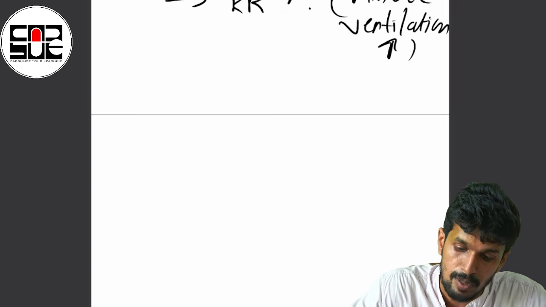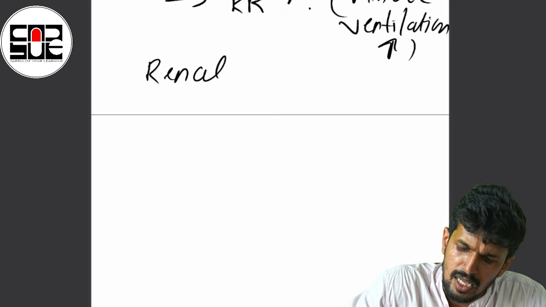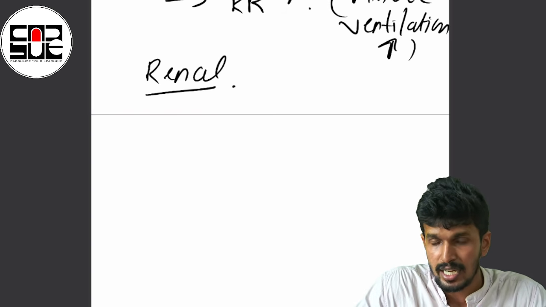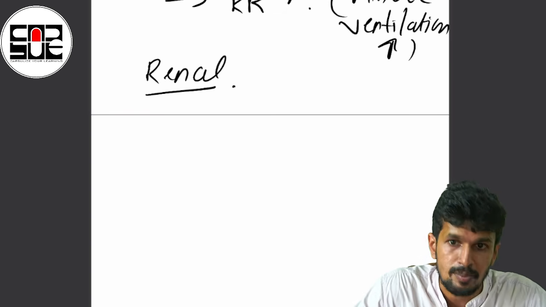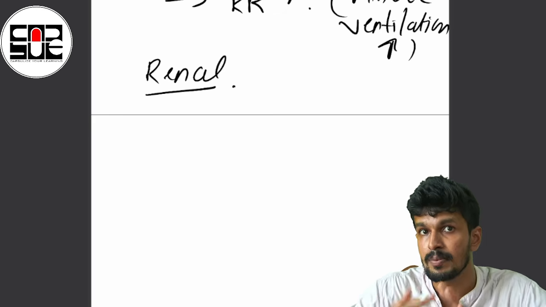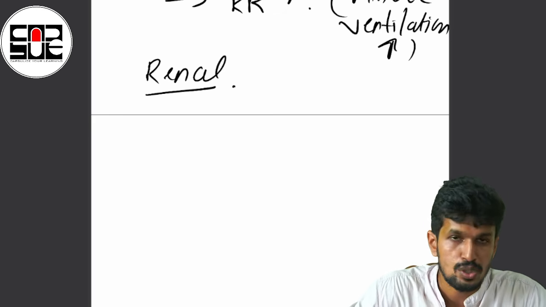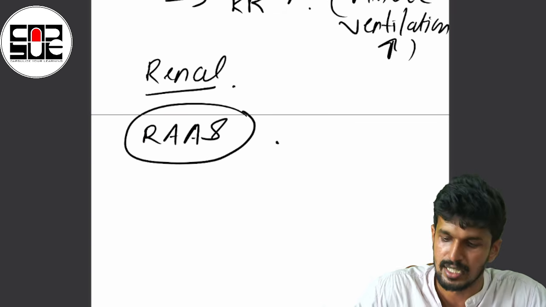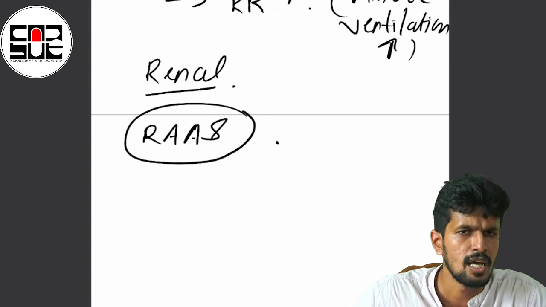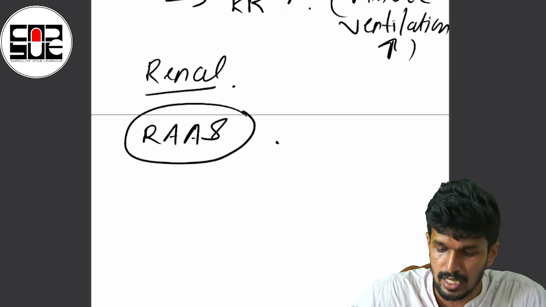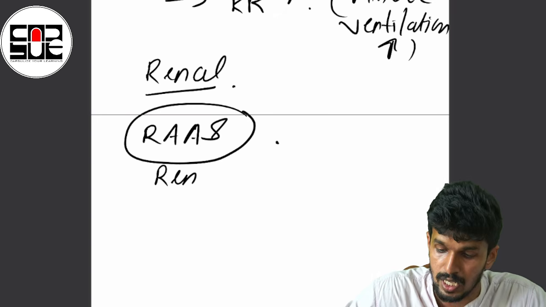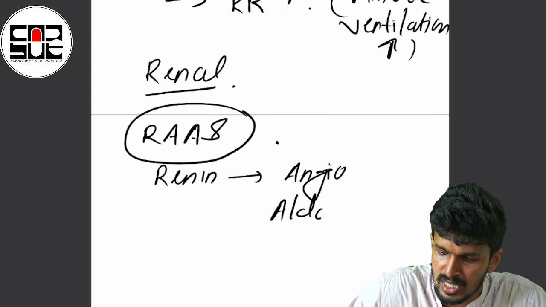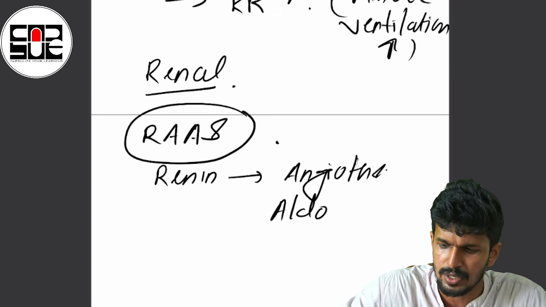Then the third system which I told about is the renal system. Whenever the sympathetic system is stimulated by the baroreceptors at the cardiovascular level, what happens? The sympathetic system as a whole gets involved, so the RAS system, which acts at the level of the renal system, gets activated. Everyone would have studied this in basic physiology: RAS is renin, angiotensin, aldosterone. Renin is stimulated, and angiotensin and aldosterone levels are increased.